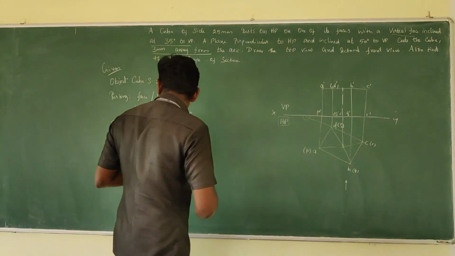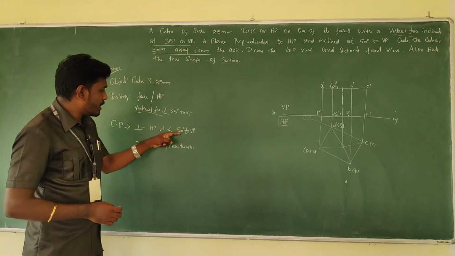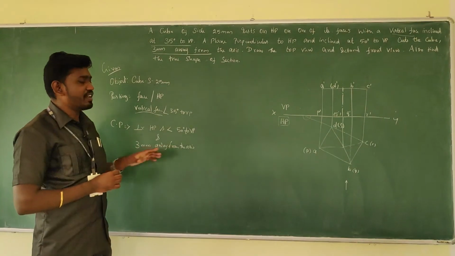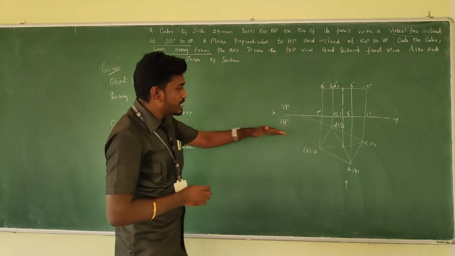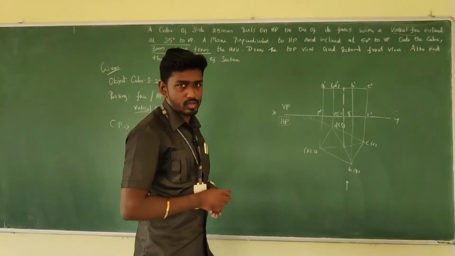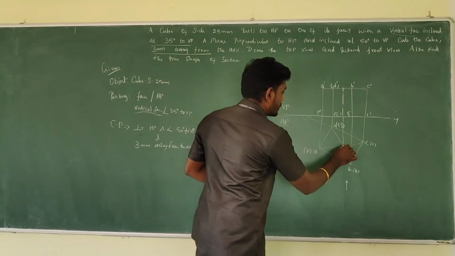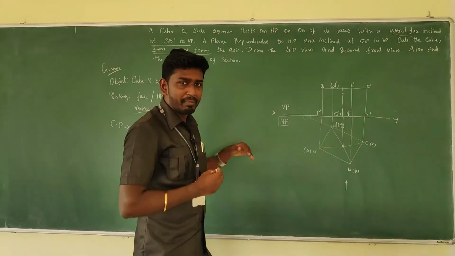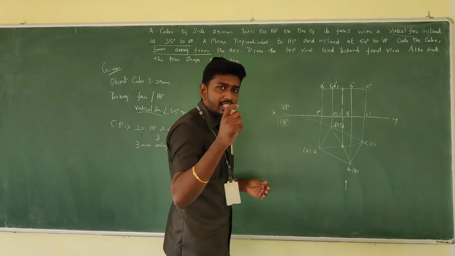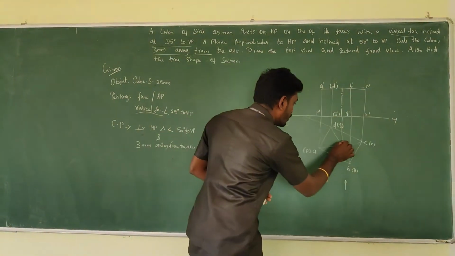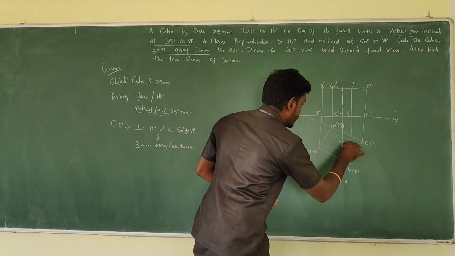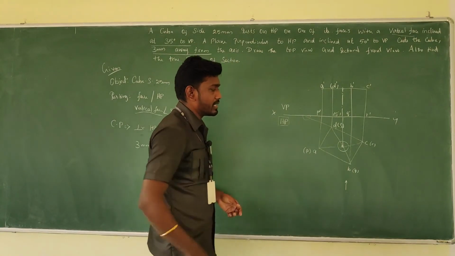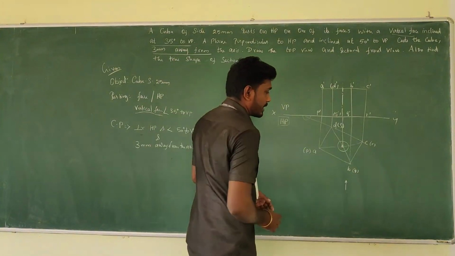While placing the cut plane, it is given 50 degree to VP, and the condition is also 3 mm away from the axis. The cut should be taken 3 mm away from the axis. This is the axis, this is the center for the axis. So in order to attain the same condition, take your compass and measure 3 mm and draw a circle by keeping this as a point, so that you will get a circle something like this.